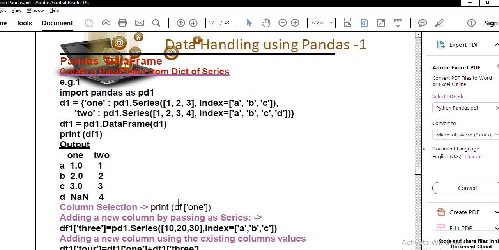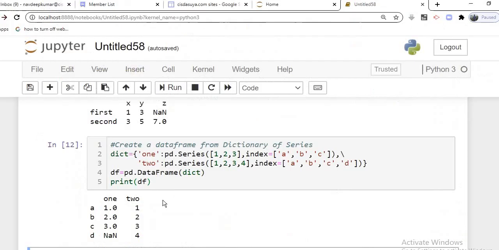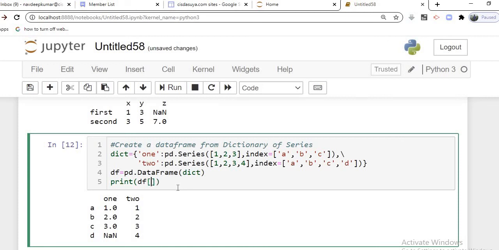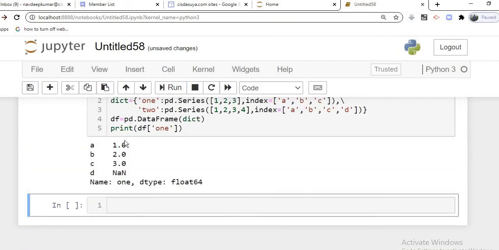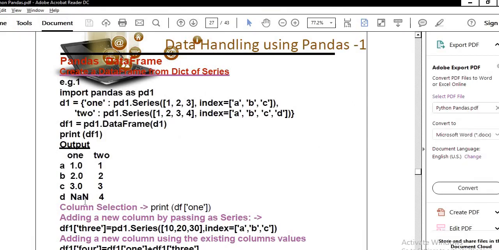I don't want to print both the columns here, I want to print just the first column. So I will pass the parameter as 1. So now you see in the output only the first column is being displayed. So this is the first part of the example that we have done.